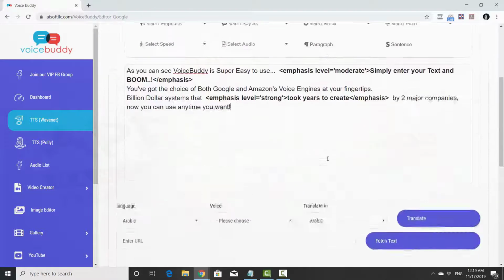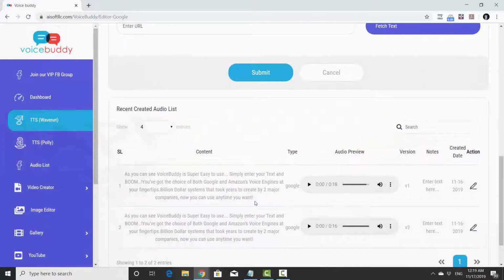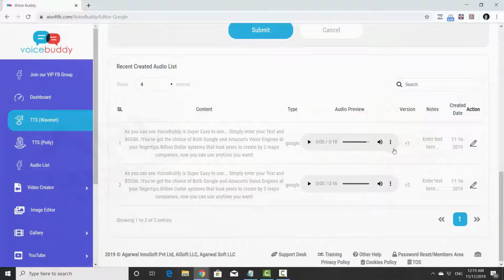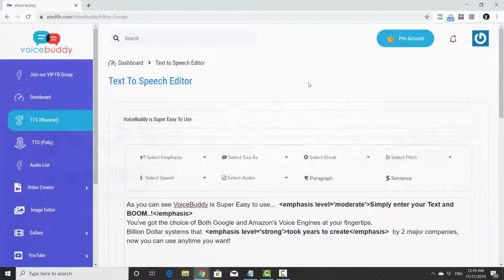VoiceBuddy is super easy to use, and all your audio files are right here where you can hit play right from the dashboard or quickly download it to your computer of your choice. This is cloud-based, works on both PC and Mac without any